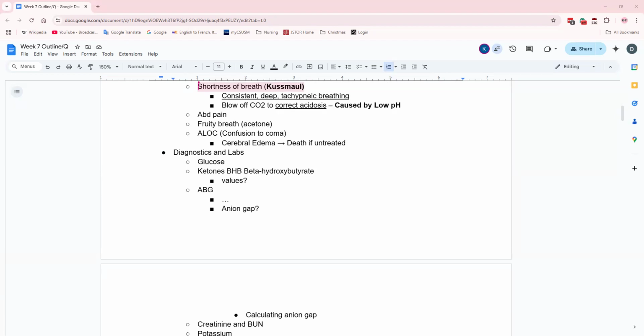Going into diagnostics and labs, obviously you're going to need a glucose. I would hope that's an answer choice that you choose. If not, live your best life, queen. So what kind of numbers are we looking for? What do you expect to see? Yeah, so it's still elevated, but again, not as much as your HHNS. You're going to see greater than 250 to 300. It's still a lower range than what we would be like, wow, that's really sky high.